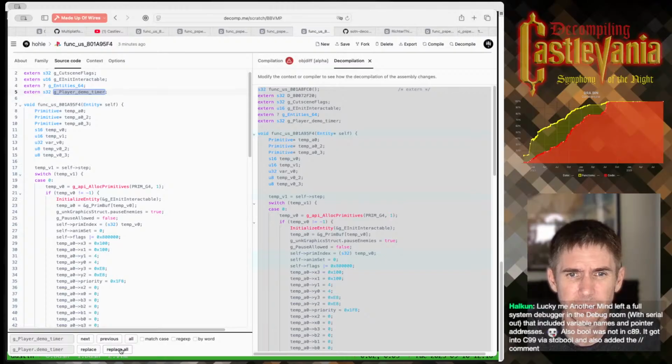Demo timer has gone through a couple names. I think at one point it was pose timer.